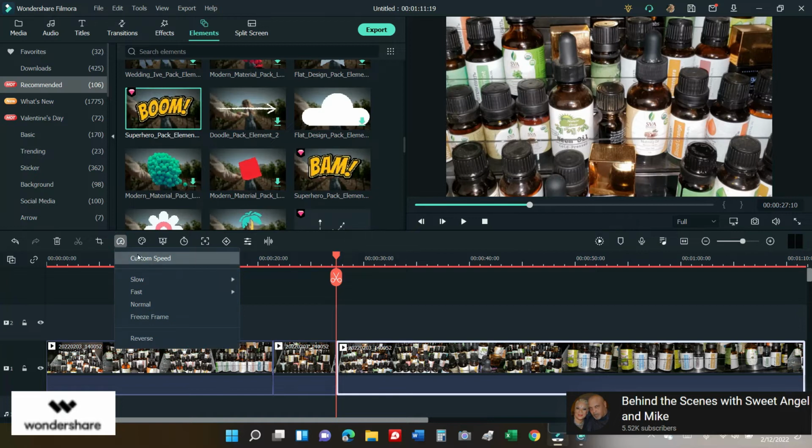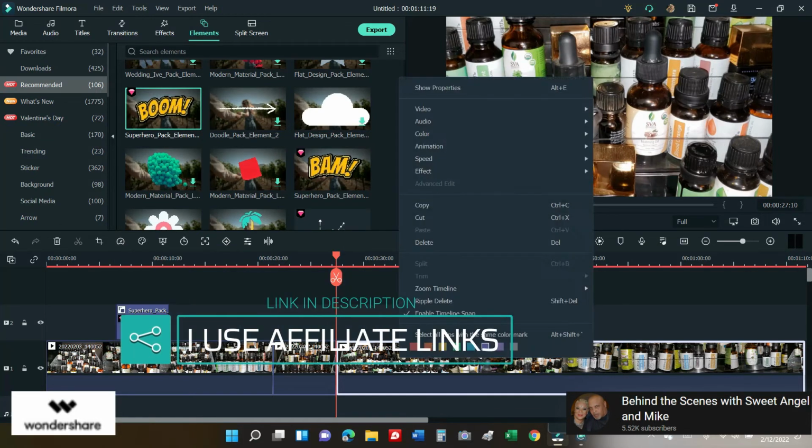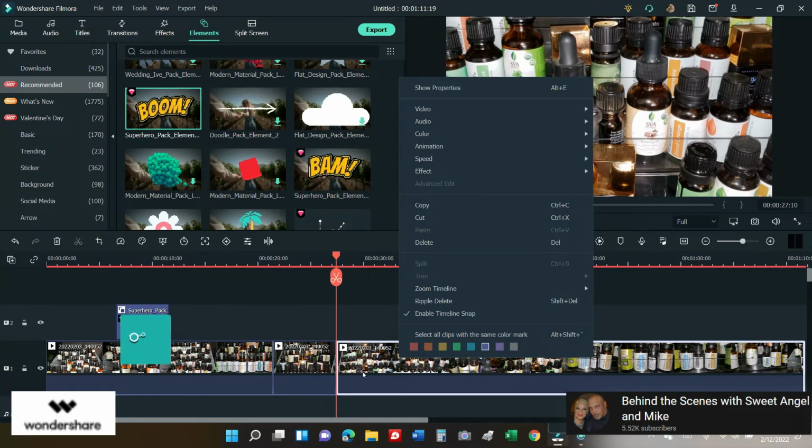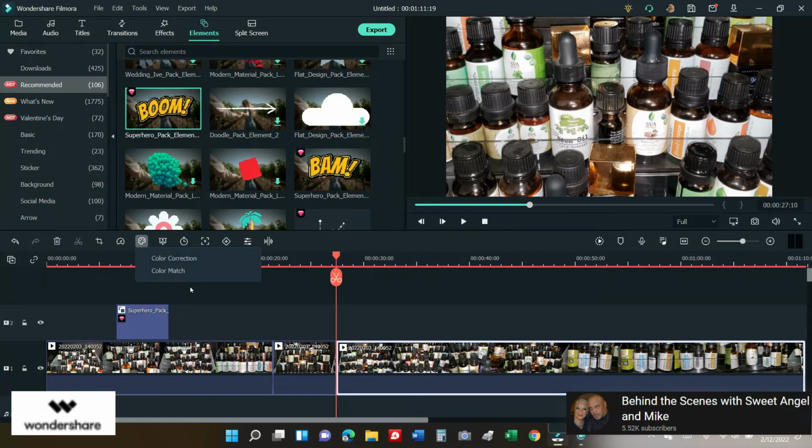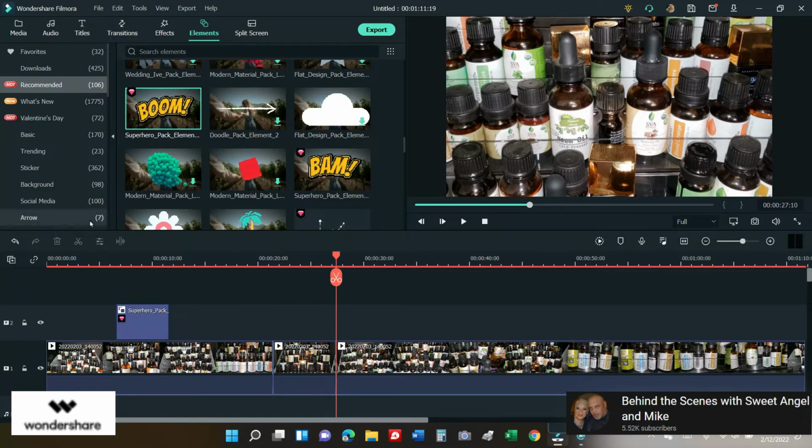You also have where you can adjust your speed, custom speed, etc. Very simple to do. Or sometimes I right click and you can go through the whole process right there too, but of course it's easier to do it here. If you want to fix the color, change the color, color correction, color match the frames, you can do that